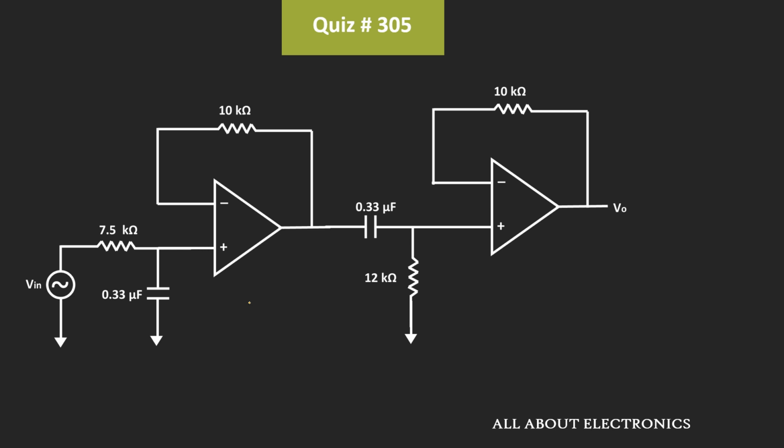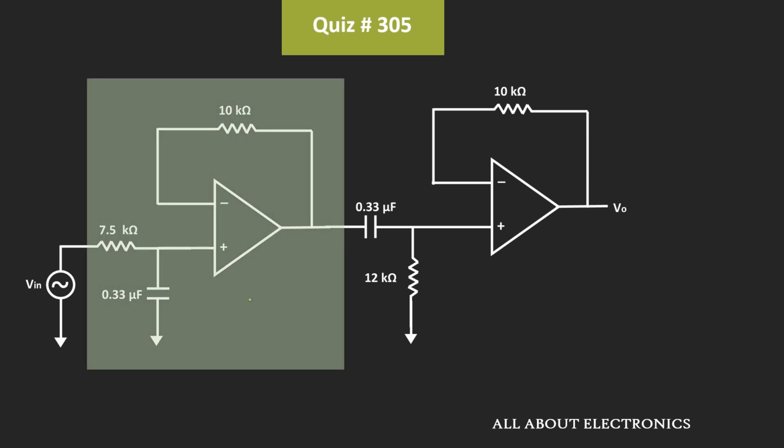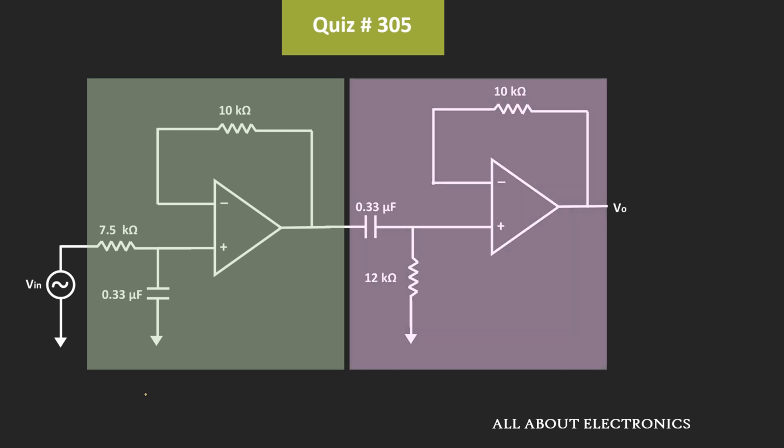So basically here this circuit acts like a filter. So if you see over here, then this op-amp acts like a low pass filter while this second op-amp acts like a high pass filter. And if you calculate the cutoff frequency using the expression 1 divided by 2 pi times RC, then for this low pass filter it will come around as 64 Hz, while for this high pass filter it will come around as 40 Hz. And here these two filters are connected in the cascaded connection.